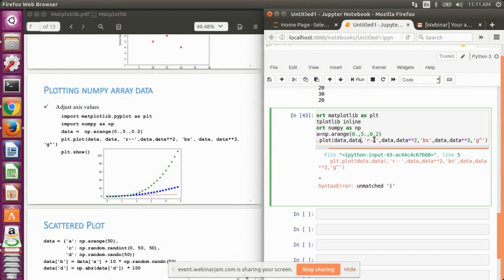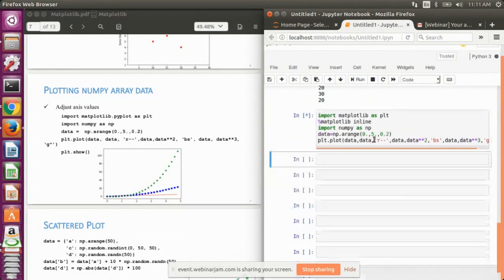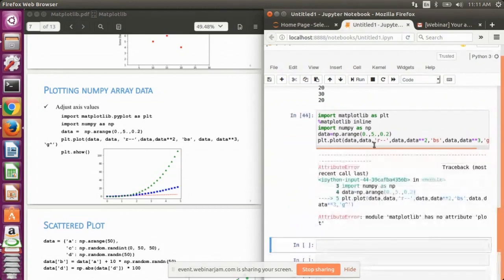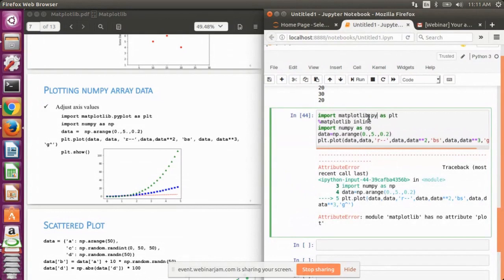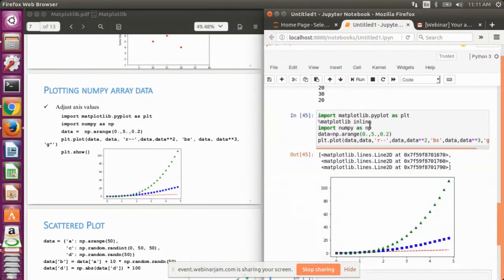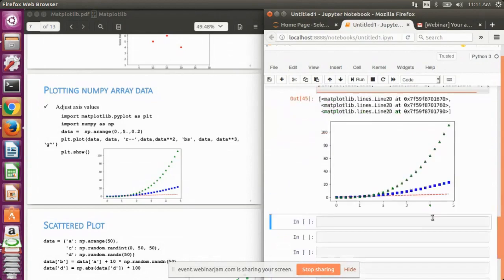So yeah, this is the function definition. Now if I run plot.py, you can see this is a plot.